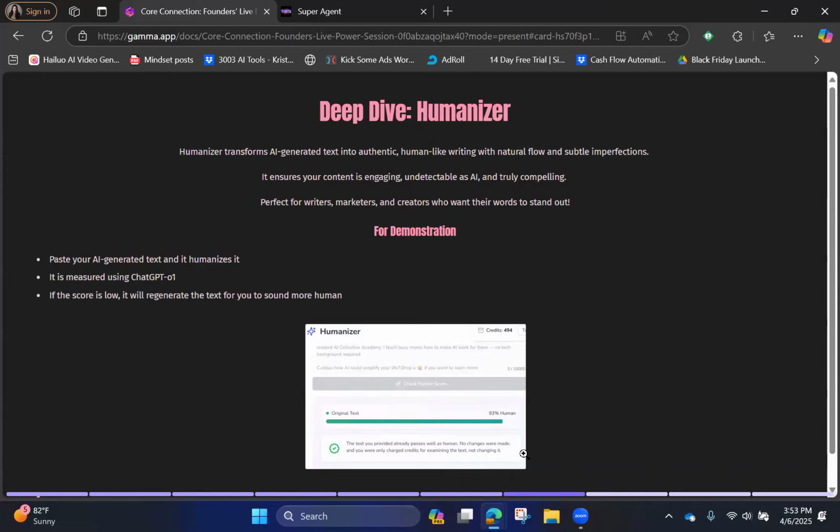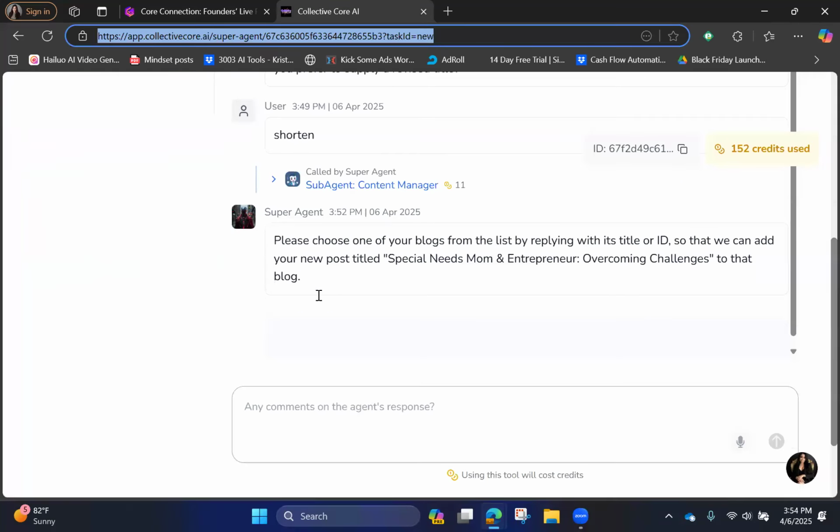Okay, so it only charges you a little bit to examine, but if it's going to change it because it sounds too robotic, it's going to charge you a little more. And then the way that it is measured, it uses ChatGPT o1 to analyze and rewrite in a human like form your content. Okay. And then obviously, like I already said, if the score is low, it would regenerate the text for you to sound more human. So if we go back,